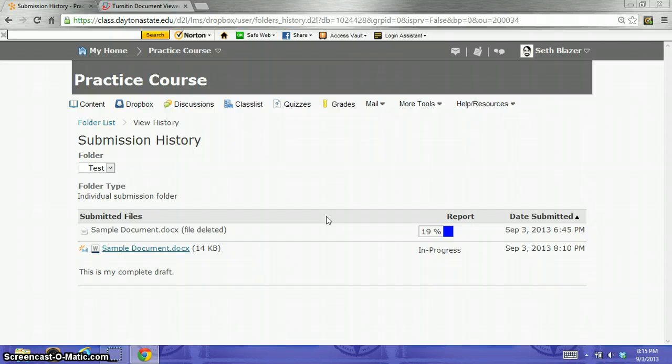And one last thing, of course, after I've had a chance to assess your document, you'll want to be returning back here to the Dropbox. I can't unfortunately show you exactly what it would look like for you because I am not a student in the course. But when you return along with this similarity index, you're going to see a box that mentions some